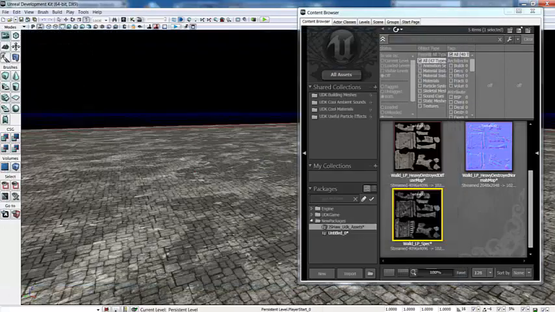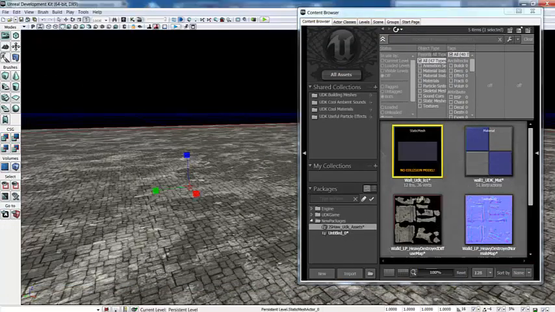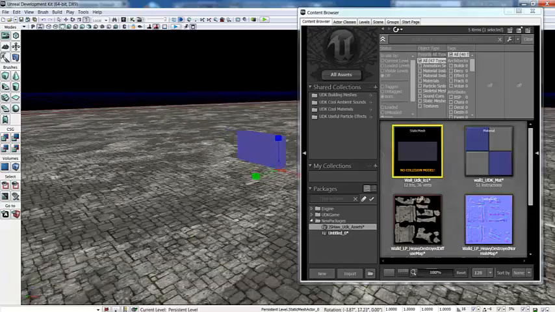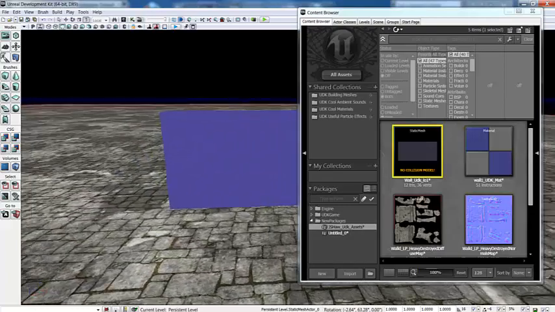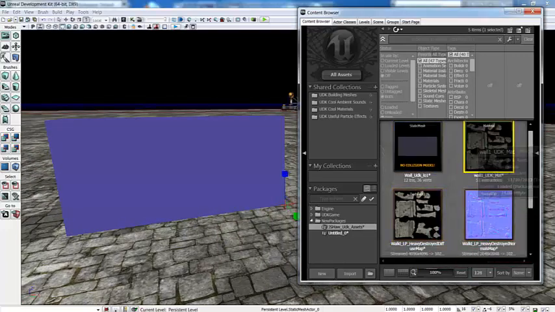Close that. I'm going to take my wall. It has no collision, but I'll show you guys how to do that later. I'm going to drag it in. I'm going to press W to see it. And normally you don't want to scale stuff in UDK. It messes everything up. You want to scale it in 3ds Max. But there's my wall, but it's got no material on it. These textures won't work. But if I go to this material, drag it onto it,